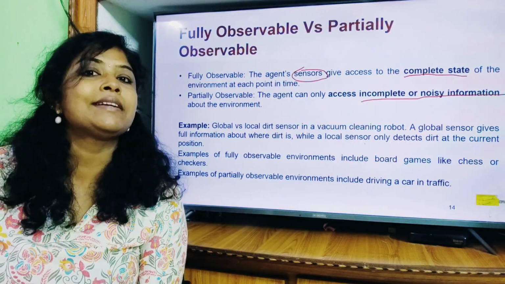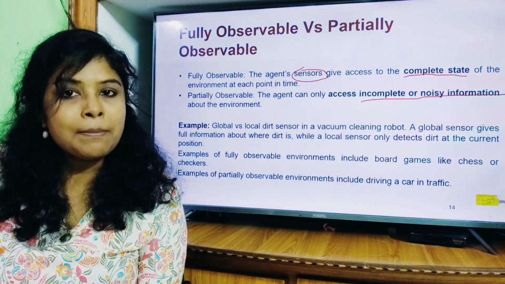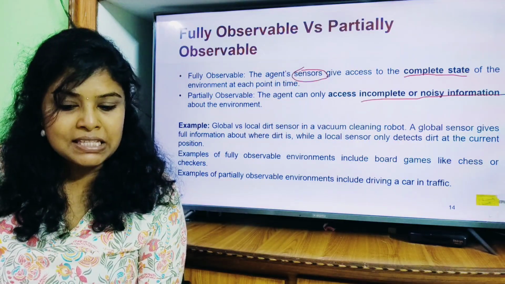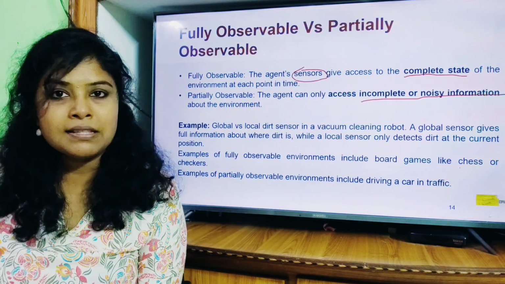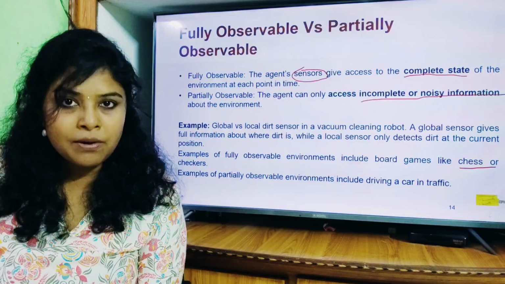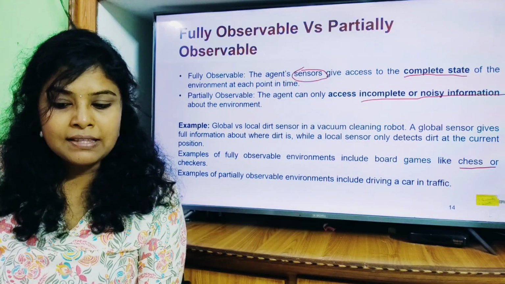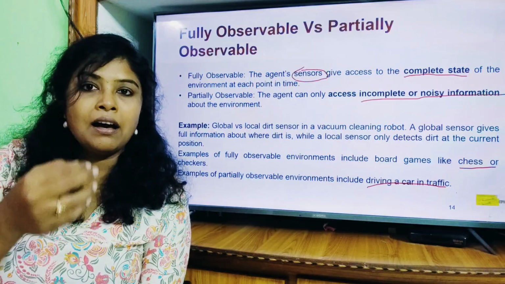That means it will not get the complete information about the environment. Some examples for fully observable environments are a simple game of chess or checkers, and for partially observable environments we can consider driving a car in traffic,